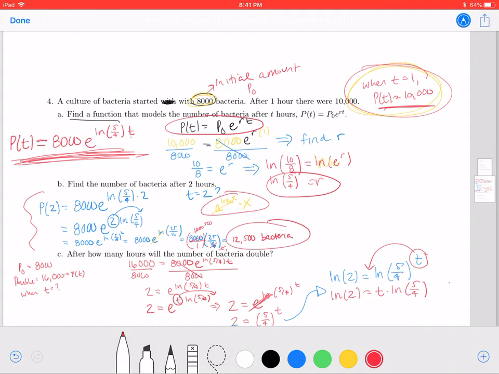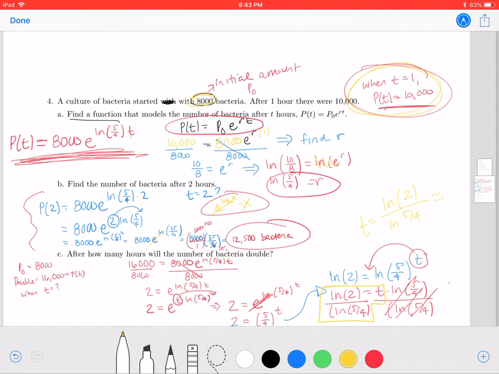To get t by itself, I'm going to divide everything by natural log of 5/4 so that those cancel out, and this is my final answer. t is equal to natural log of 2 divided by natural log of 5/4,